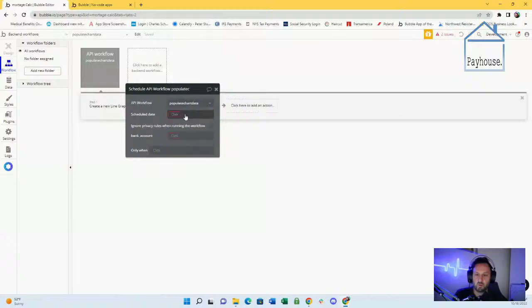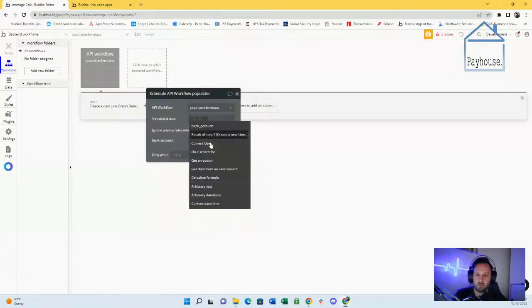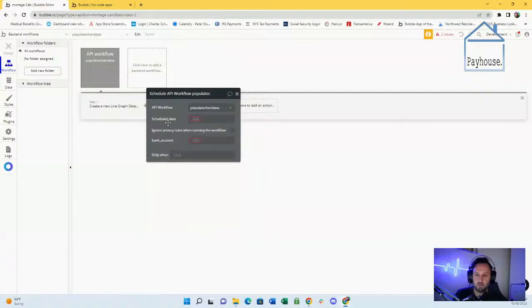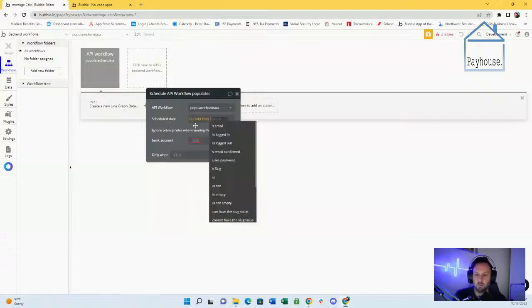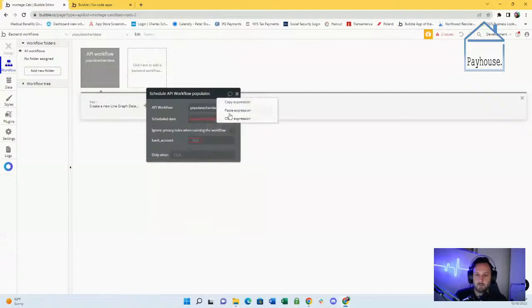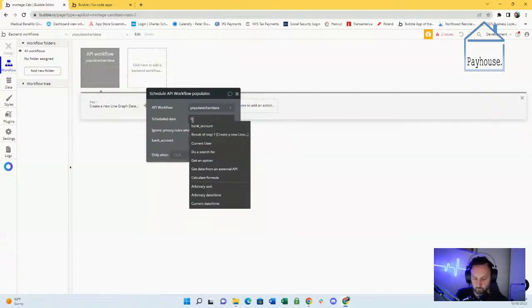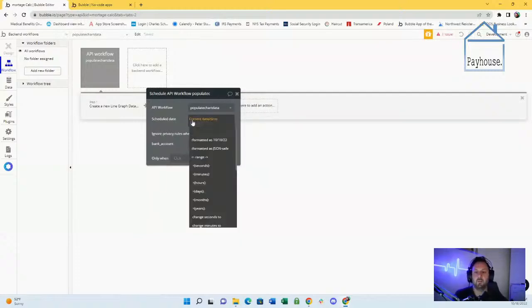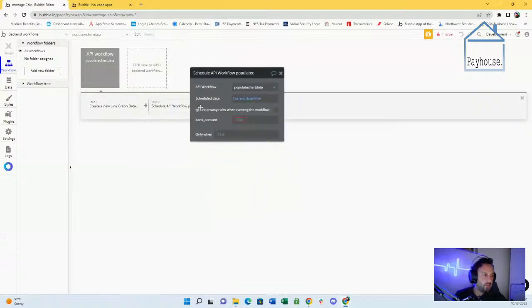API workflow is going to be populate chart data. Schedule date is going to be current date and time. Not current user. Current date time. And then the bank account,